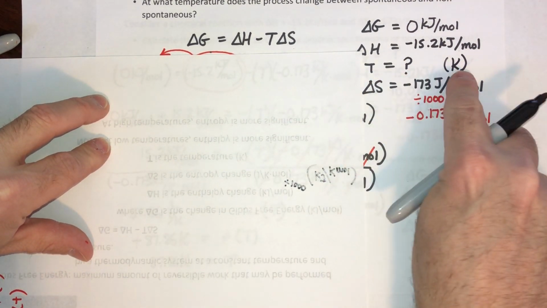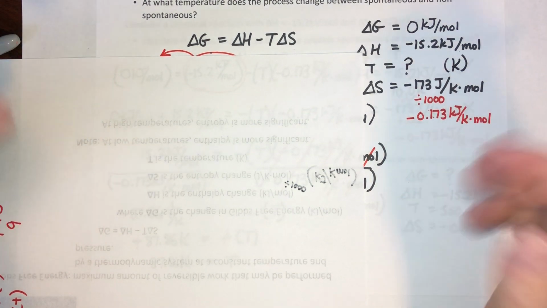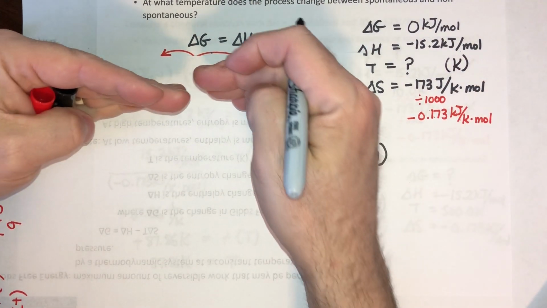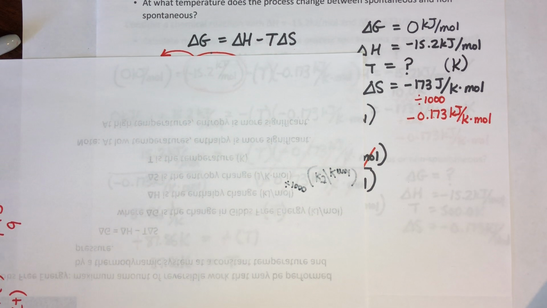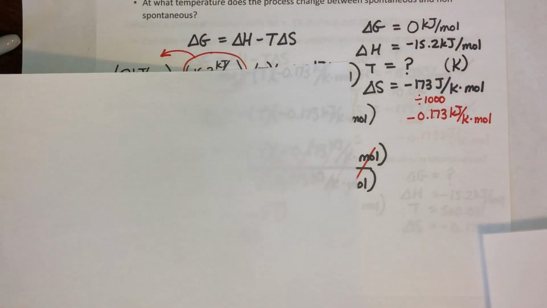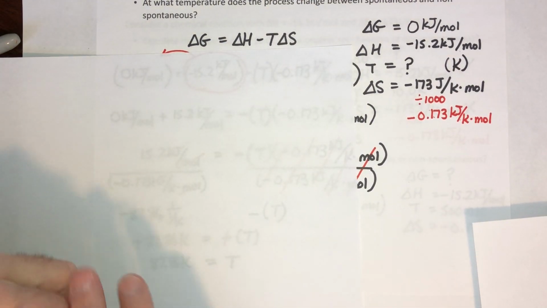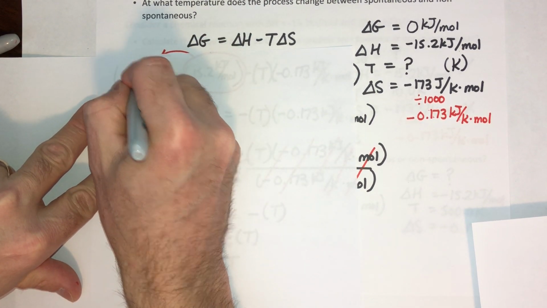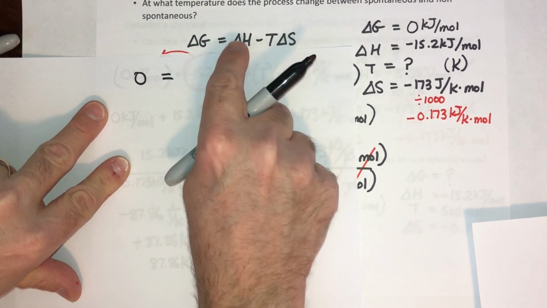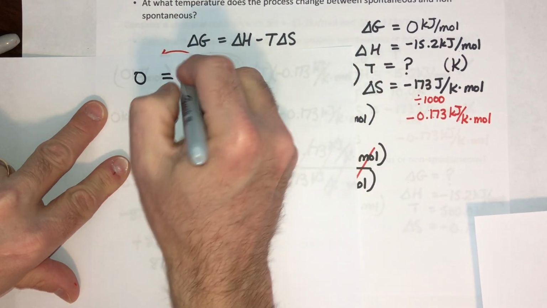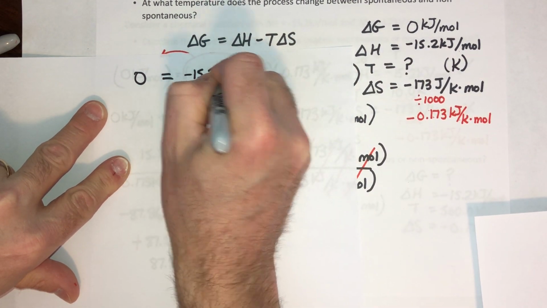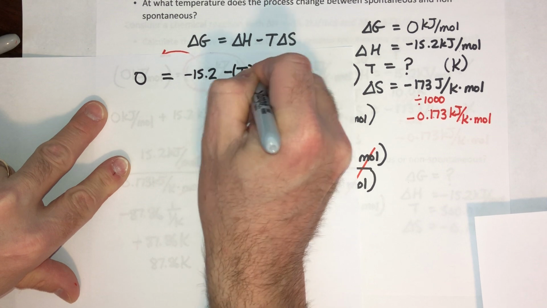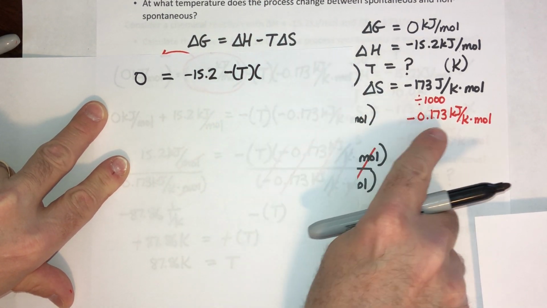So if you know what the final answer is going to be unit-wise, and you're not required to keep the units as you go through the calculations, well then maybe you should just skip them. Let's try a different sheet of paper, something that doesn't have stuff written on the back. So if I just put the numbers in, your delta G is 0. Your delta H is a minus 15.2, minus your temperature times your delta S. And your delta S is a